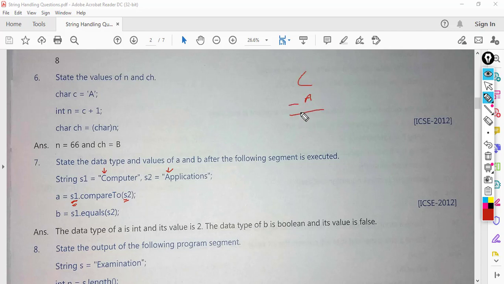So the ASCII difference between C and A, this one is 65 and this one is 67, so the difference is 2.